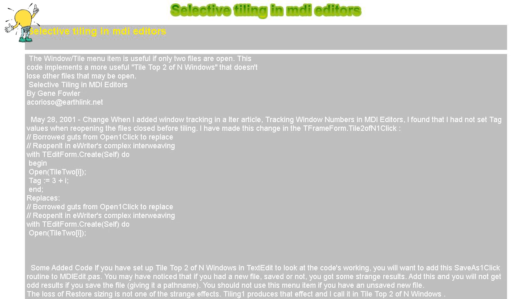When you compile and run Borland's TextEdit, demos, doc, textedit, and click the window menu, you